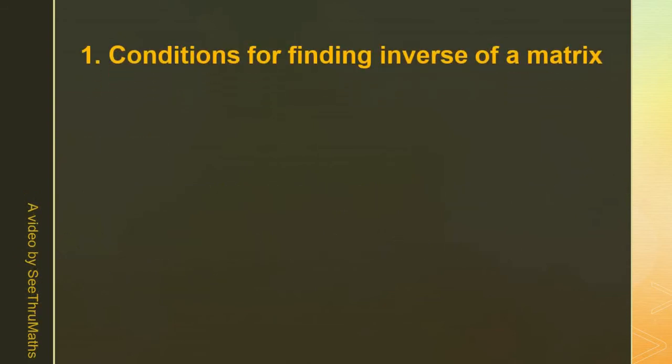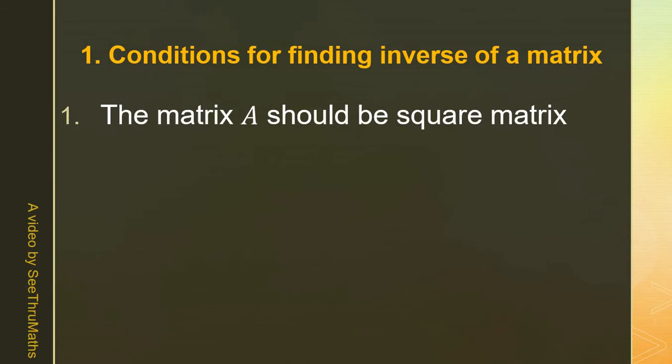So mainly we want to look for two conditions. The first condition, we want to check whether the matrix is a square matrix or not. If the matrix is a square matrix, then we are able to find the inverse. If the matrix itself is not a square matrix, then we cannot find the inverse. So square matrix means the number of rows and the number of columns of a matrix are the same,